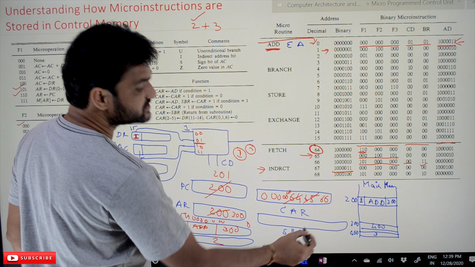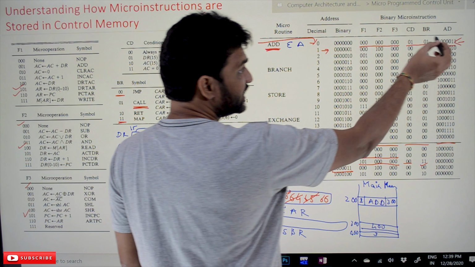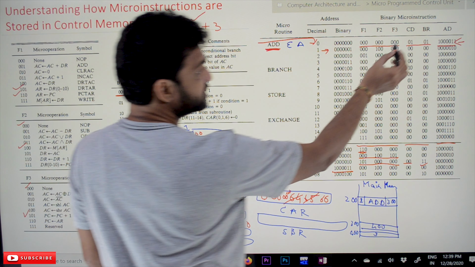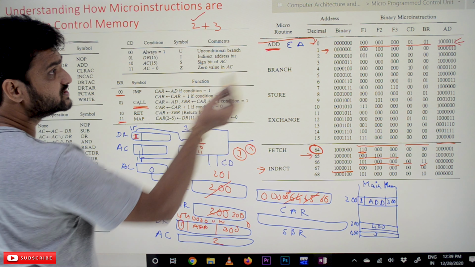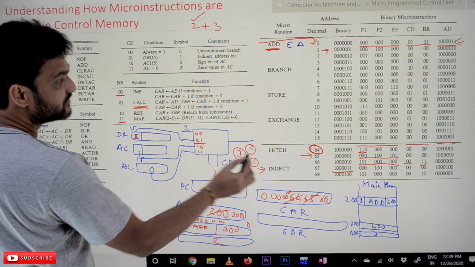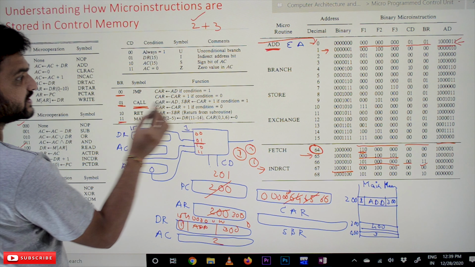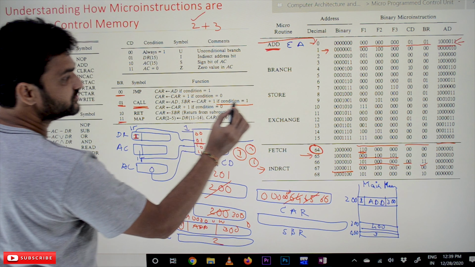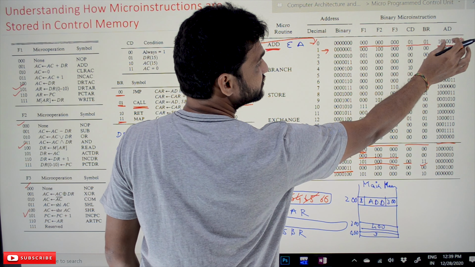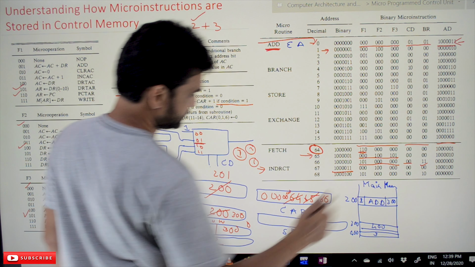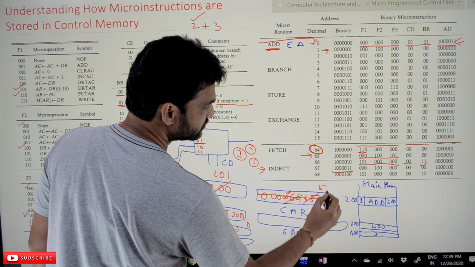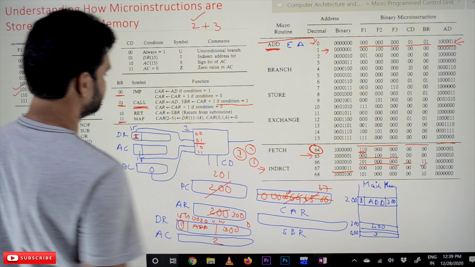So what this subroutine register is filled with is, whenever a function call is made, see here 0101, because CD 01 has the indirect address mode, the condition bit is 1, and BR is 01, so this line of code will get executed. If condition is 1, then the address value, which is 67, will get stored in the control address register. Now the control address register is filled with 67.